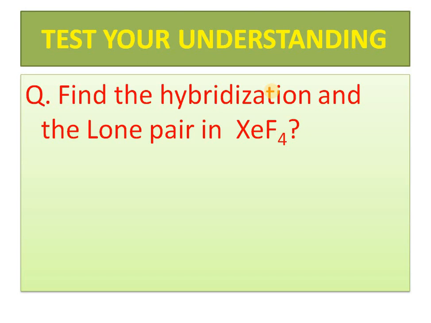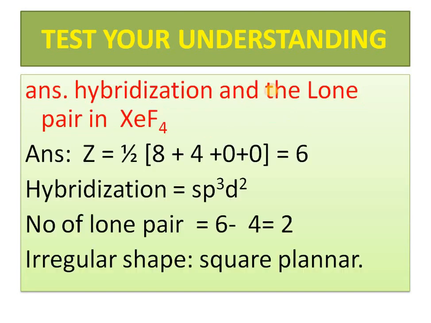So let us practice this question. If you are able to do it, I will say that you have understood the concept. Find the hybridization of XeOF4, try to do that. You can pause the video and I will proceed further with the answer. So xenon, number of valence electrons 8, 1 by 2 of 8, plus monovalent 4, that is 12, 12 by 2 is 6, sp3d2, and lone